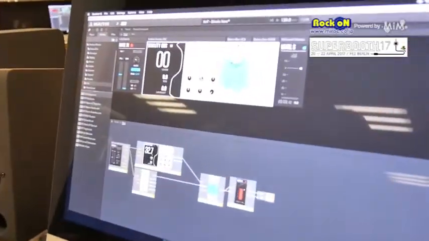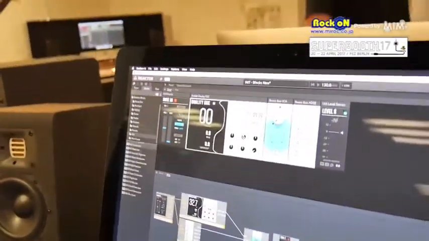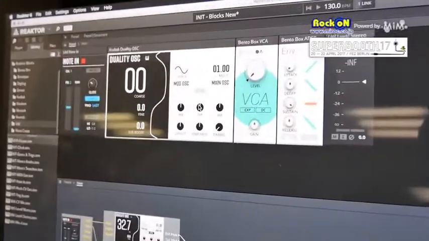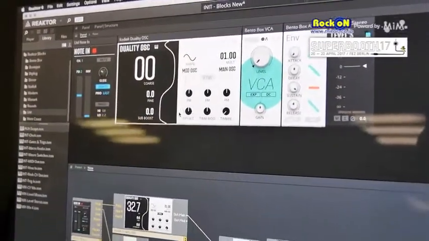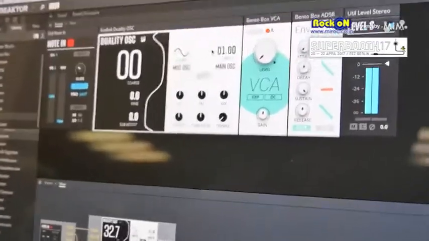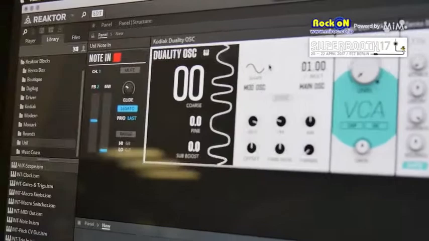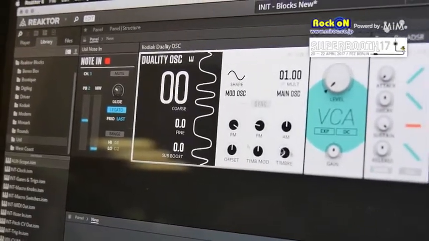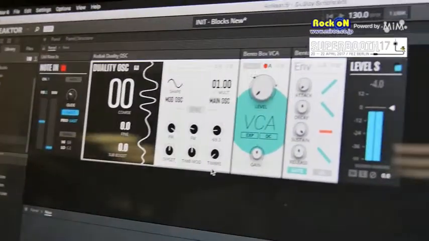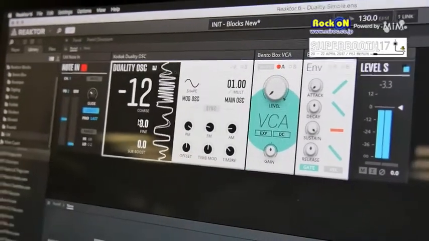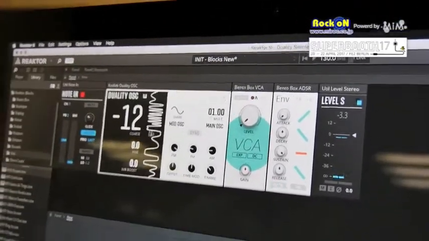It is a dual oscillator with lots of modulation and makes some very extreme sounds, but also some very soft sounds. It begins with a sine wave, like this, and then I can introduce more modulation. Phase modulation and frequency modulation and amplitude modulation and wavefolding too. It makes very aggressive sound. You can also